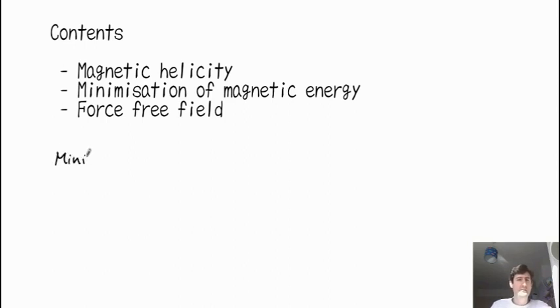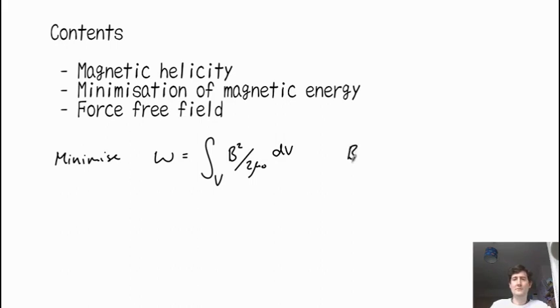So minimize this, called W, the integral over the volume of B squared, divided by 2 mu naught. These are just constants, so we'll just drop them for the rest of the time. We have B squared, integrated over the volume, and we're just using that B is curl of A. It's most convenient to do it in terms of A rather than B, and we have a constraint which